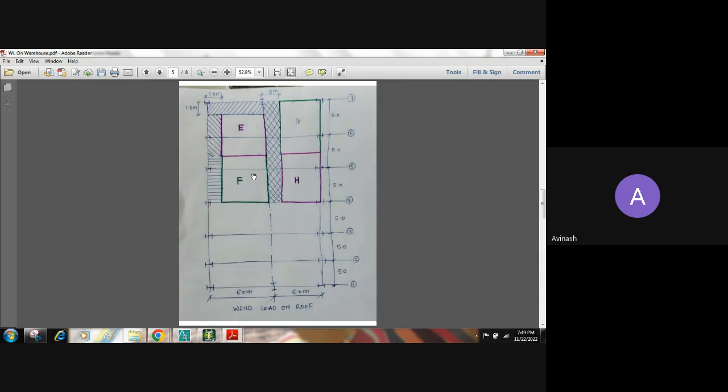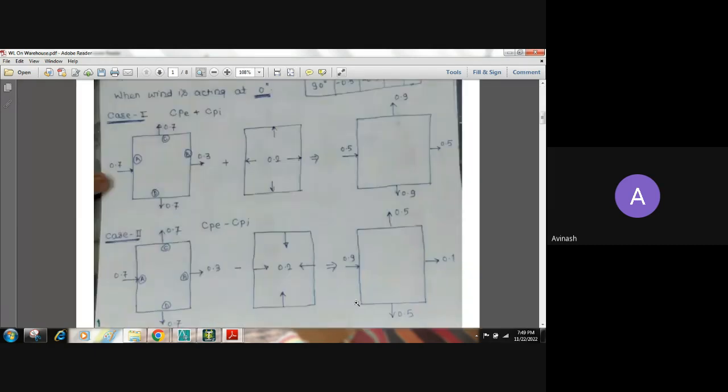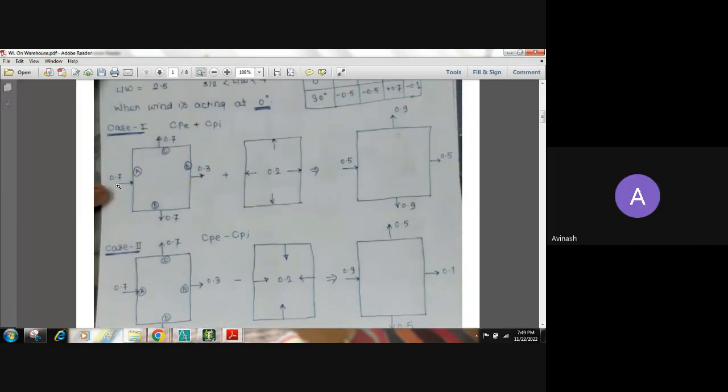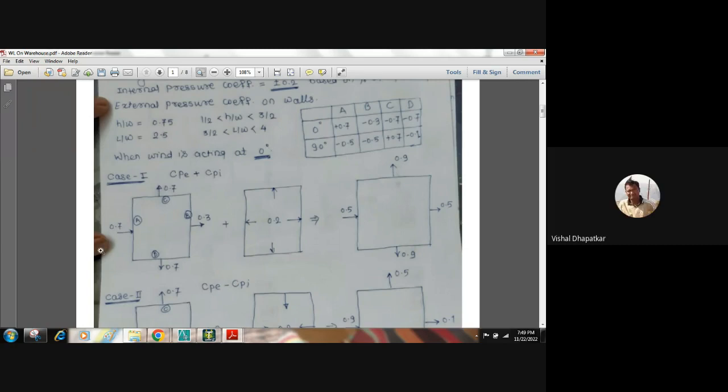तो सर थोड़ा केस में प्रॉब्लम हो रही थी, इसमें ऊपर वाली केस में आप 0 डिग्री पर 4 डायरेक्शन दिखाए थे, फिर वो +-2 किए थे। हाँ ये सर। तो this is your windward direction, ये आपका विंडवर्ड डायरेक्शन है। यस सर। विंड अभी 0 डिग्री में एक्ट हो रहा है, तो 0 डिग्री मीन्स हॉरिजॉन्टल एक्ट हो रहा है, तो उस वक्त आपका कोएफिशिएंट क्या है, A will be your windward face, so on that it is 0.7, B is -0.3, B फेस ये है तो वो -0.3 है, C -0.7 और D -0.7, तो C और D -0.7 आ रहा है।